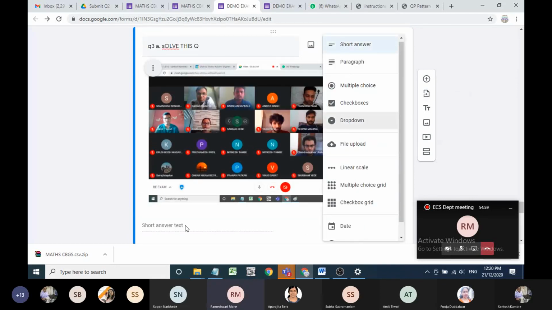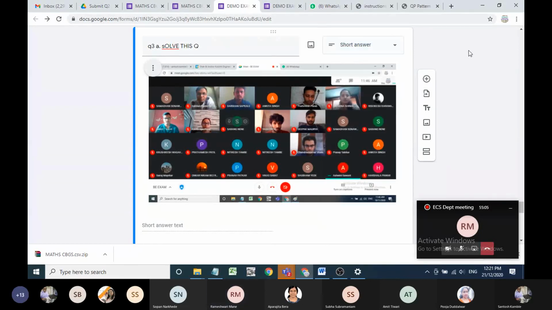Short answer means it will not ask you for any option. File upload you can use directly. If you upload files here, you are getting 4 answers: question number 2 has 2 answers, and question number 3 has 2 answers. Then you have to submit the response to the exam section. At that time you have to convert those 4 different files into a single file.